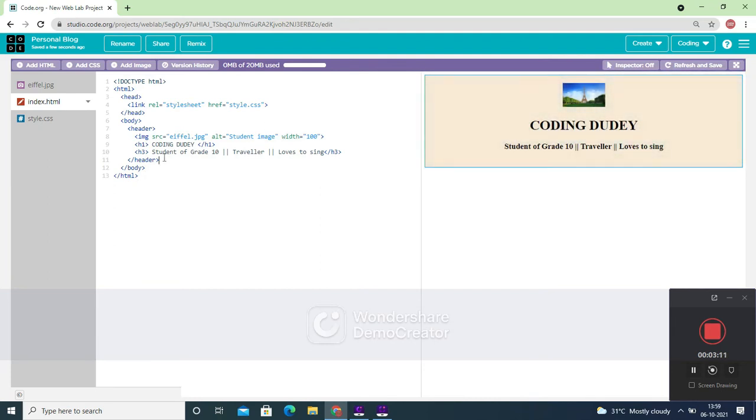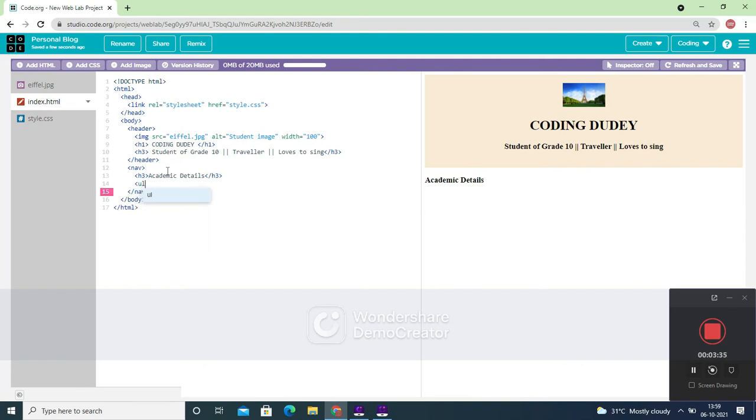Now the next one that I'm going to open is the section, inside which we are going to create all of the things that you need. Here in this h3 tag I am going to give the academic details.